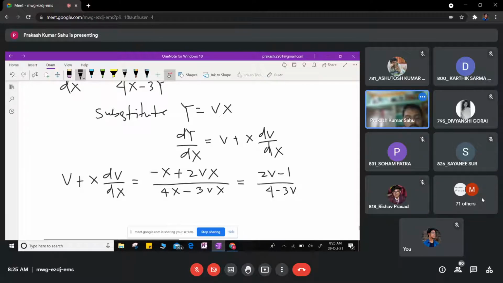Okay, from the numerator and denominator, x will be cancelled out. I am writing again. Okay, this x will be cancelled out. Okay, so now